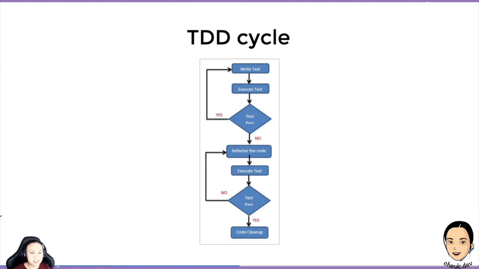And then if the test doesn't pass, that means there's a mistake in your code, or it is not good enough to complete the task. So you go back and write the code again. And afterwards, you may want to clean up because you may have created some intermediate things in there. You want to clean up your code a little bit to make sure that everything works perfectly, and also clean up some intermediate steps that you don't want in your code base. Okay,